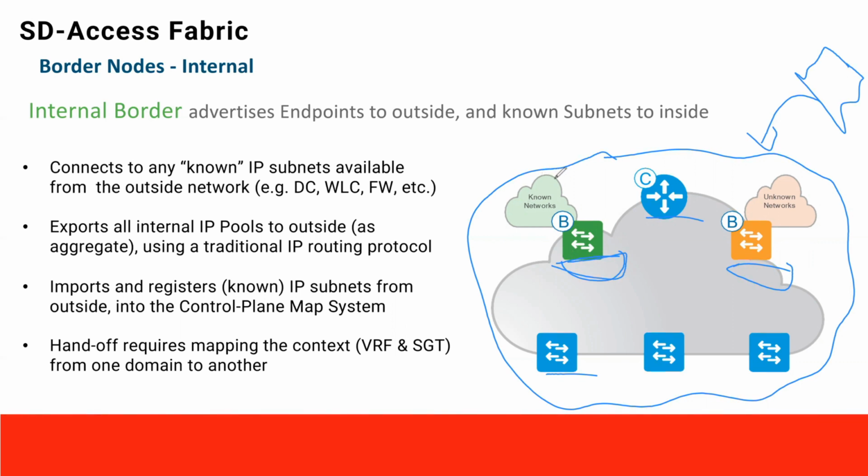These known networks are basically mostly the data center, which will be the same for this branch as well and for this branch as well, because the data center is just one, right? I believe a known network is the internal network used by an organization. Yeah, so basically, other than the campus network, what else is part of the organization's internal network? It's the data center,